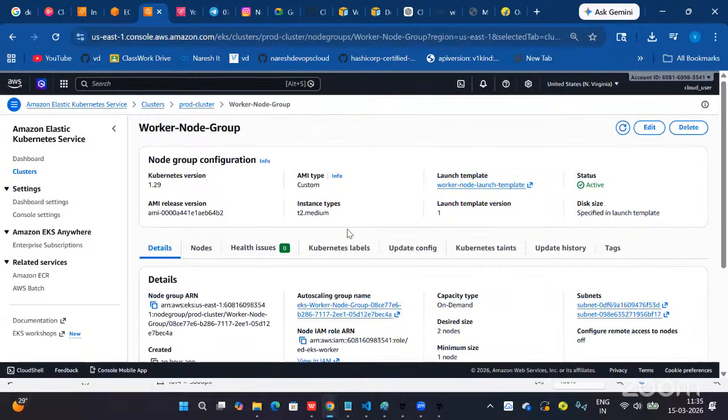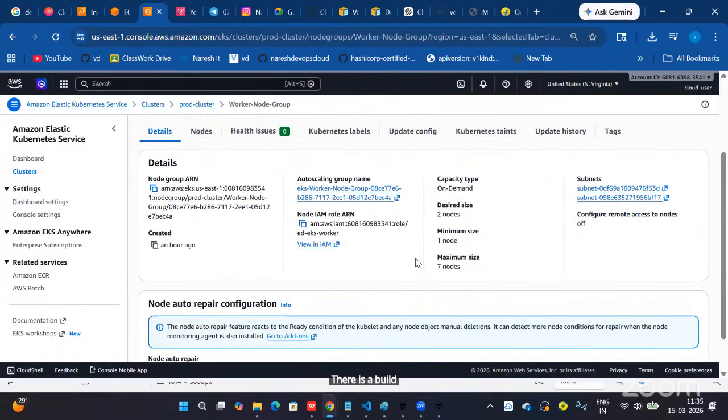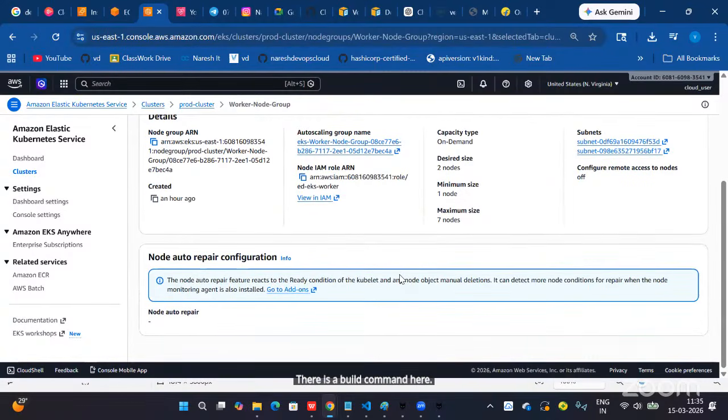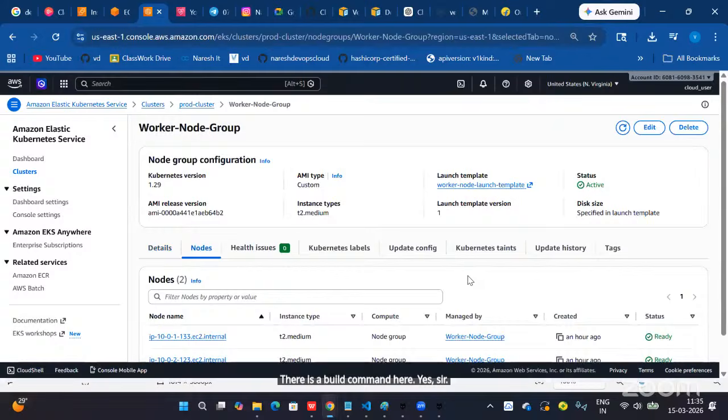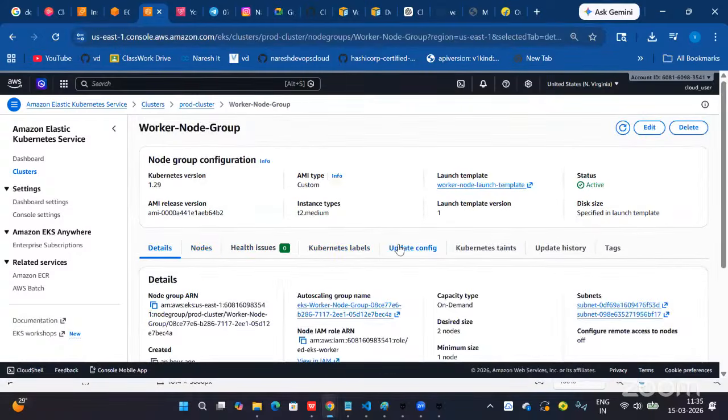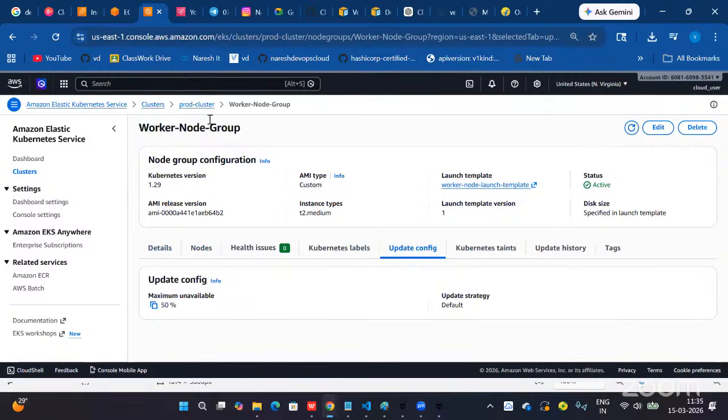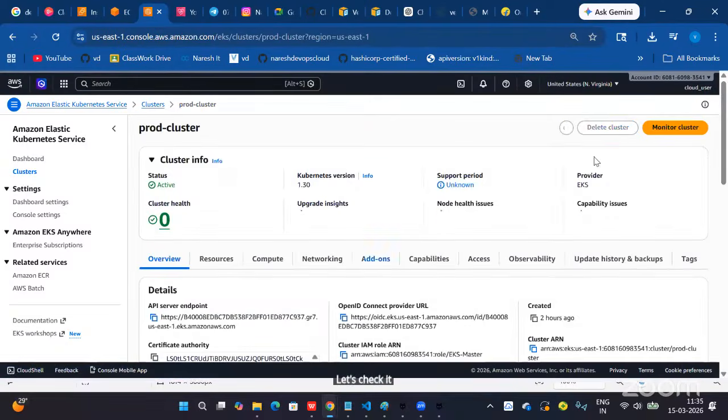Node group, node group, node group. Where is the upgrade command here? It's weird. Let's check one more time.